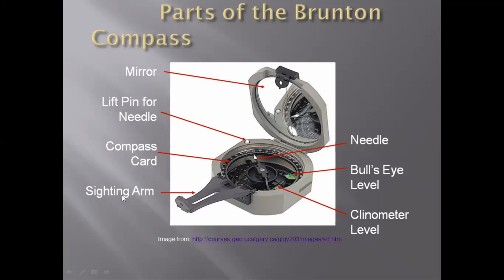For example, if there are three distinct features in the field, like three hills, one hill is here, one hill is here, and one hill is here, and you are standing here. You will try to calculate its bearing, then its bearing, and then its bearing. So it will let you know at what place you are located. So you can actually locate yourself on a map as well.